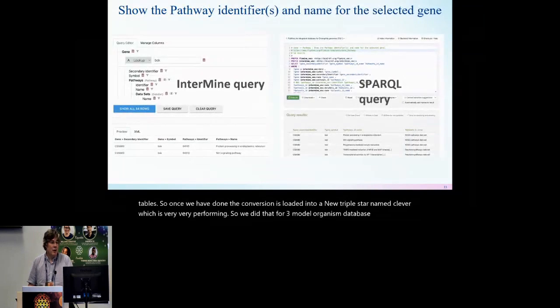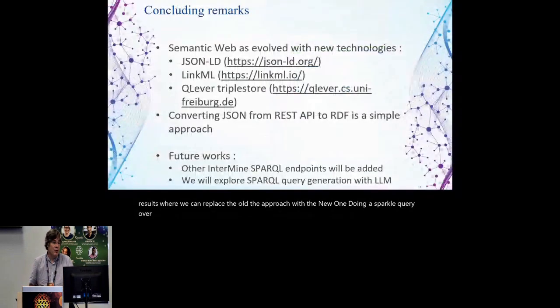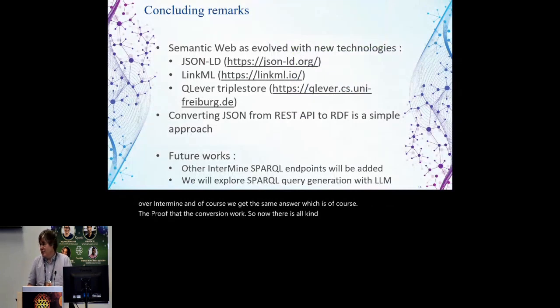And here's the final result, where we can replace the old approach with the new one, doing a SPARQL query over InterMine. Of course, we get the same answer, which is the proof that the conversion worked. So now there are all kinds of new technologies from the last 10 years that simplify the conversion of existing APIs to RDF, so we can create a new knowledge graph using semantic web technology. In the future, we will add other InterMines. And I invite you to try to generate SPARQL queries with your